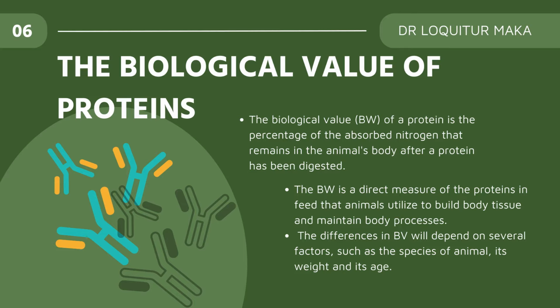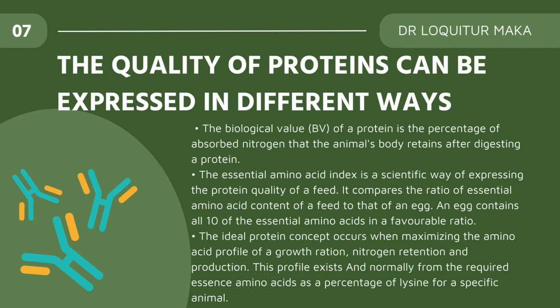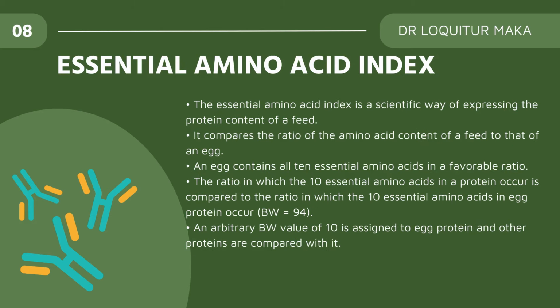right? But again, the quality of proteins can actually be expressed in different ways. I mentioned earlier that it is expressed in percentages, and when we're talking about it, we are talking about the absorbed nitrogen that the animal's body retains after digesting the protein. So we mentioned that we can actually look at this in different ways, like the essential amino acid index. So now, what is this amino acid index? We said earlier, just now, for example, if we look at, we said this is